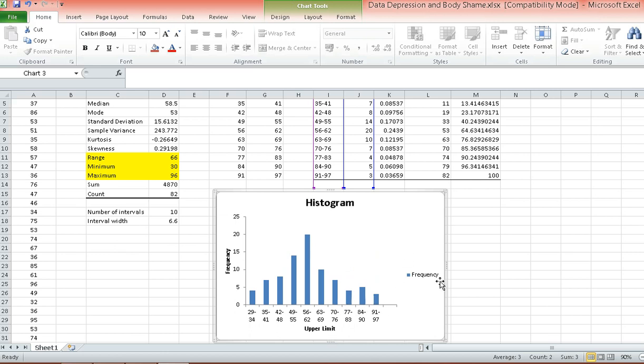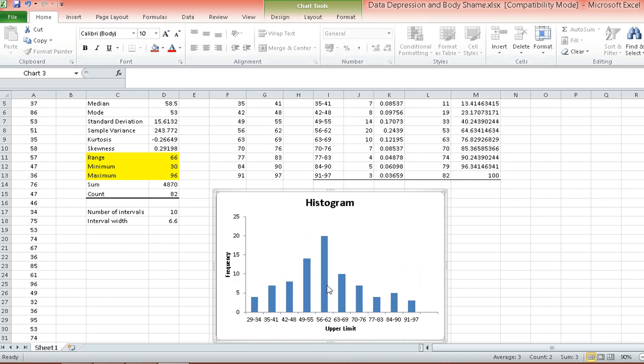Okay. Now, how do we improve this particular presentation? Maybe you can remove this already, and then click on one of the bars, and then let's make it look more like a histogram.